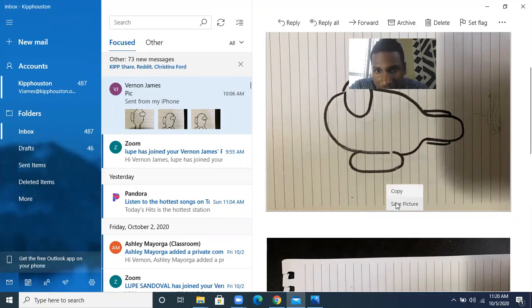You might not have that ability. You might have to just say download and then find it that way. But you should be able to get it from out of here. So save picture,